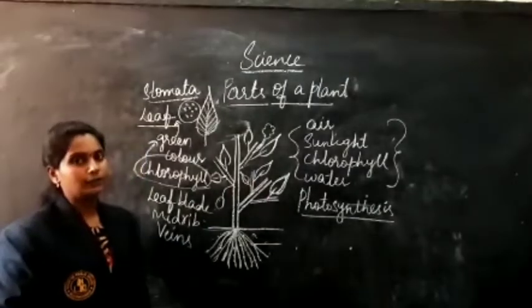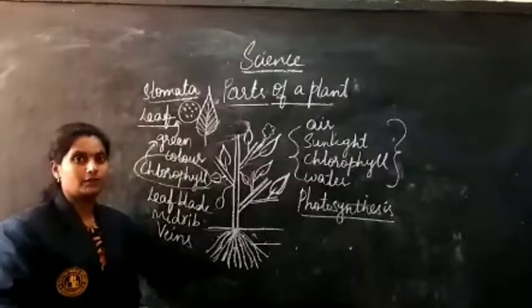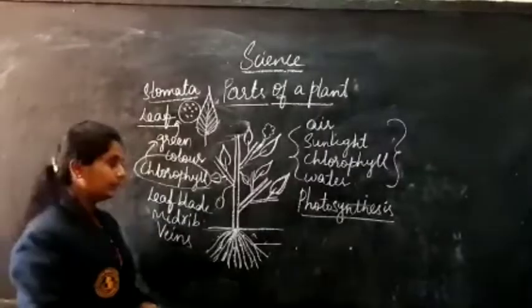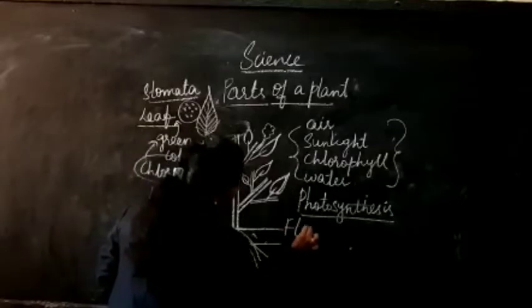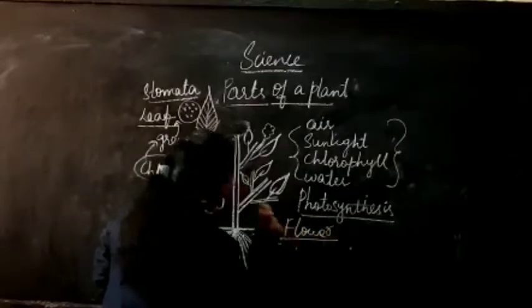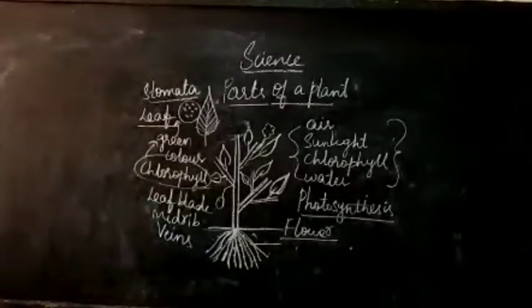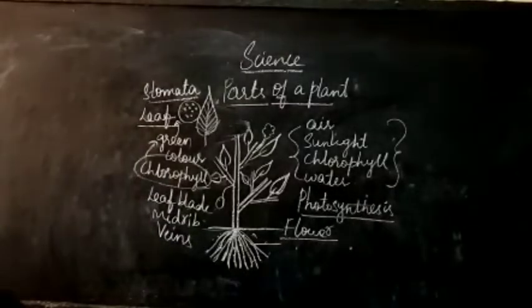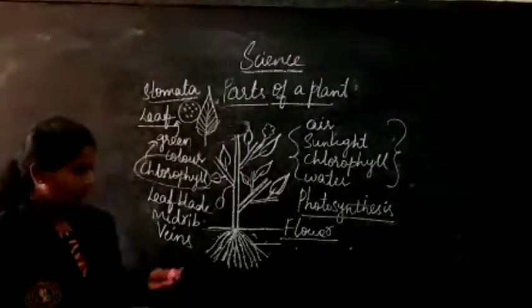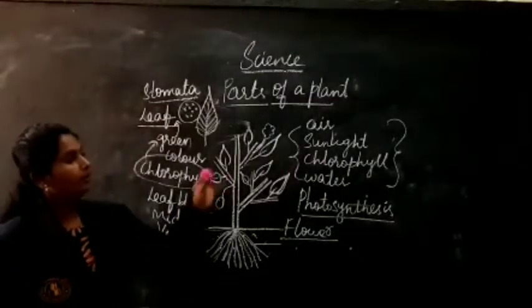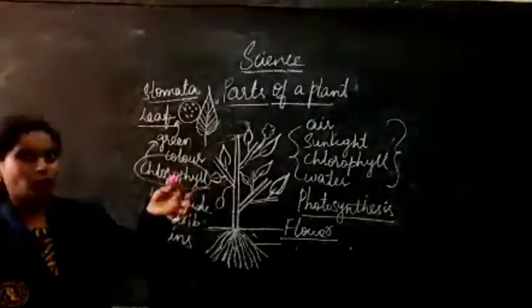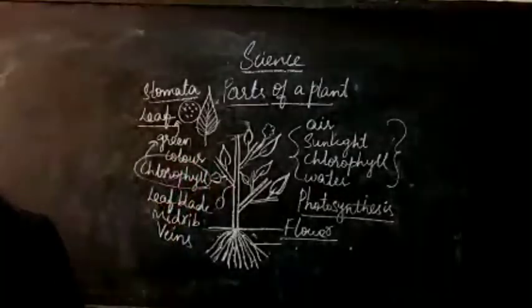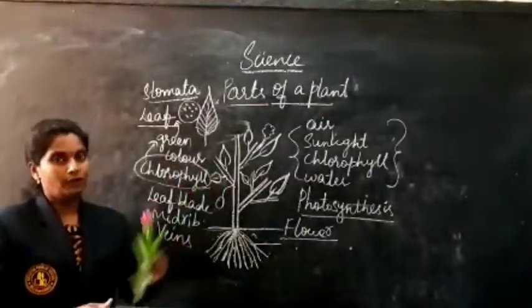And you can see the number of leaves, sizes, and different shapes of the leaves also. Next, coming to the flower. Next one is flower. So here I have a few flowers. Okay, so it just dried up. If I show you this, you say it is a rose flower. And this is another type of flower.